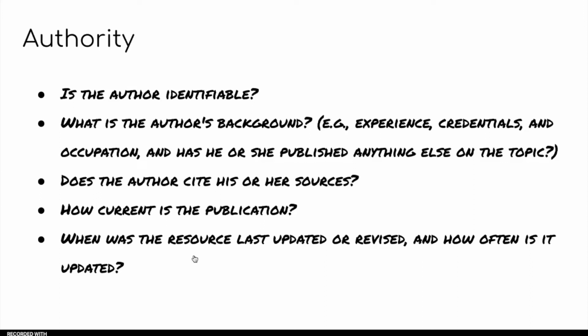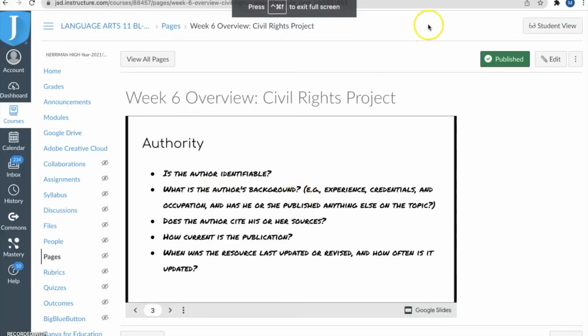Because anybody can post anything on the internet. So you want to look and see if they have credentials, right? What's their background? Do they cite that? So again, on the civil rights movement timeline here,